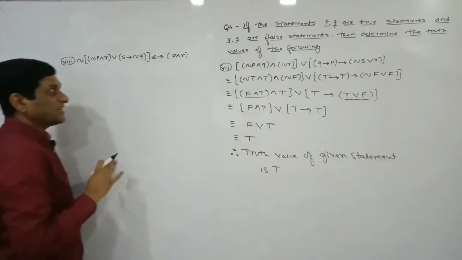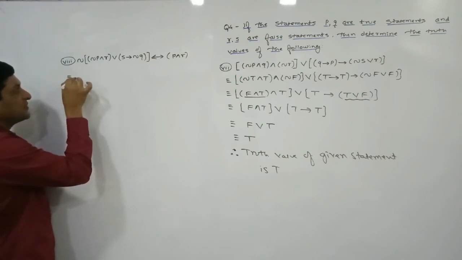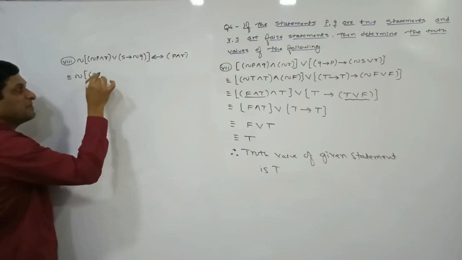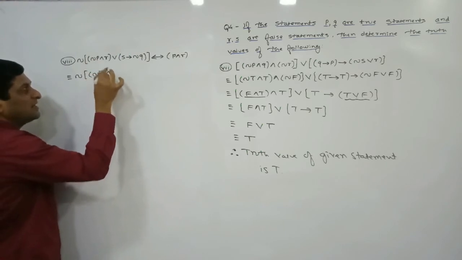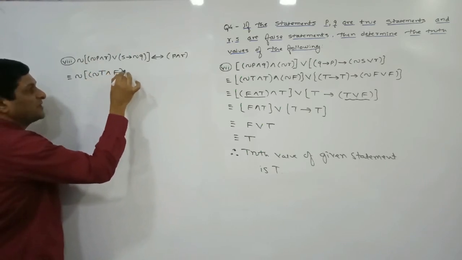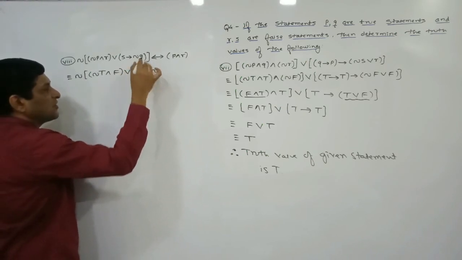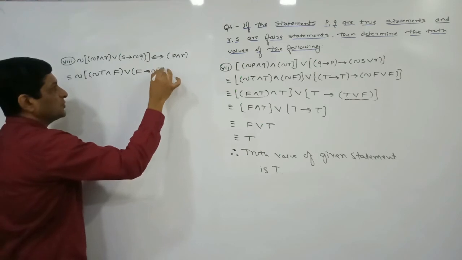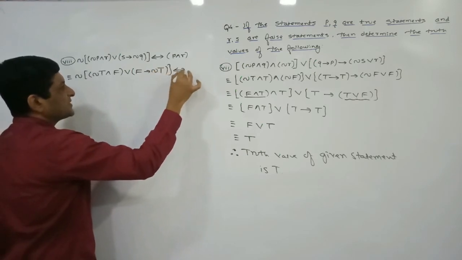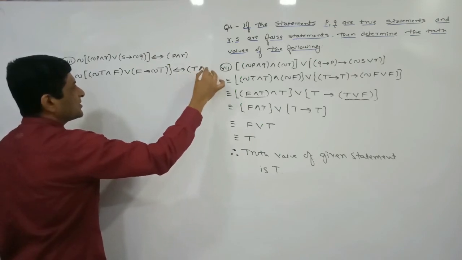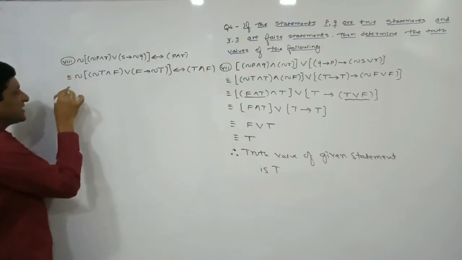Using same method, let us try to solve last example from this question. Here also negation, keep it as it is, this bracket as it is, replace P by its truth value T and R by its truth value F. Or S by its truth value F implies negation of Q. Q is what here? True. Again double implies, keep it as it is, P, replace it by its truth value T and R by its truth value F. So let us simplify it.